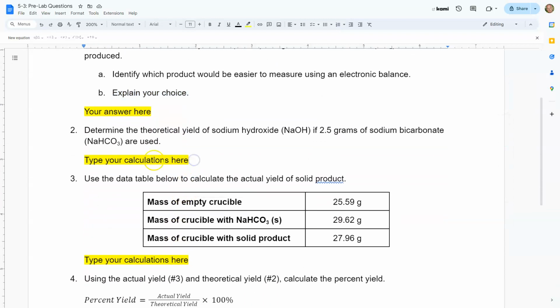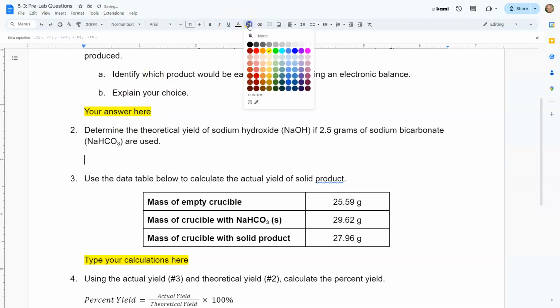Okay, number 2 says, determine the theoretical yield of sodium hydroxide if 2.5 grams of sodium bicarbonate are used. So this is a 3-step grams to grams problem. My recommendation is to work it out on paper because your answer needs to be typed here. You're going to be typing all of your work into your lab report, so this is good practice. So I'm going to go ahead and delete where it says type your calculations here,